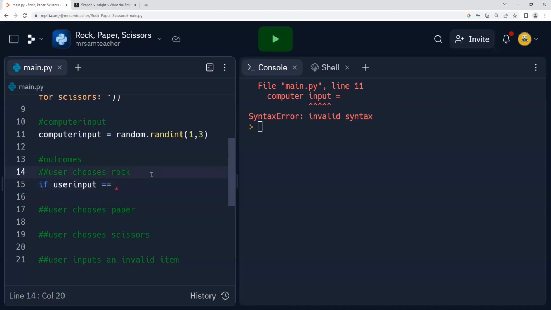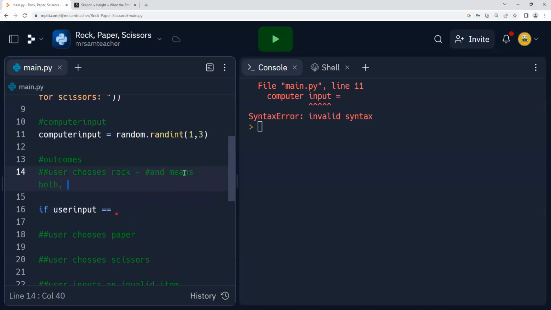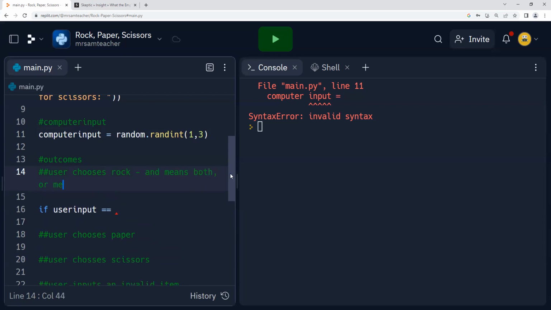So a nice little comment you can put up here: and means both, or means one or the other, just in case it helps you out.